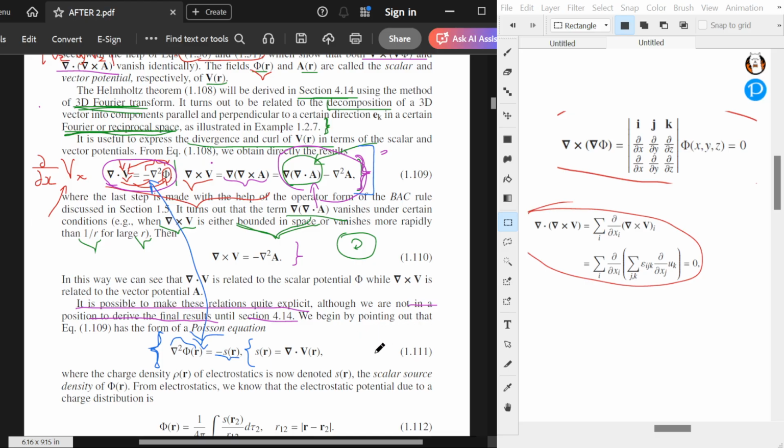Scalar source density of phi. Scalar is now denoted as this. So they're kind of equivalent, you could say. Charge density, scalar source density. I guess it just means the same thing. Charge, scalar source. Scalar source charge. From electrostatics, we know that the electrostatic potential due to a charge distribution is